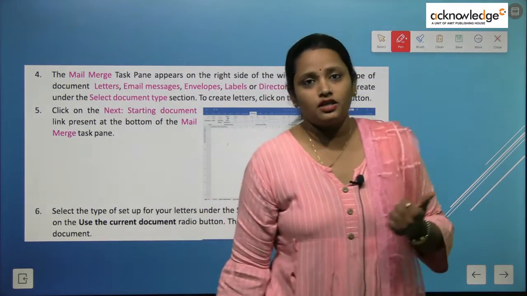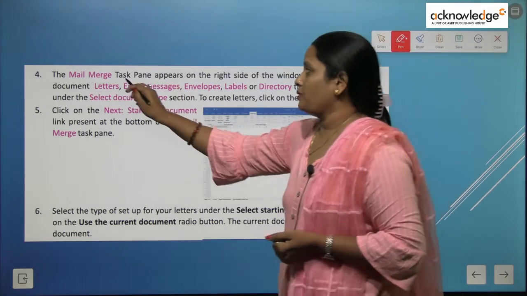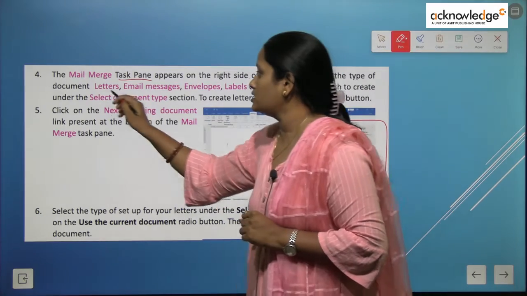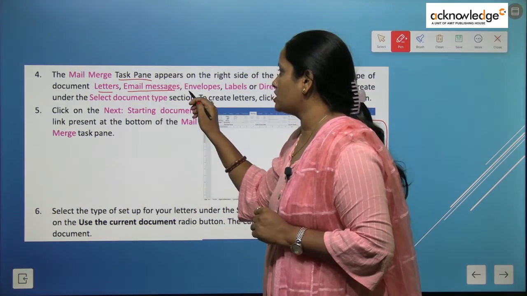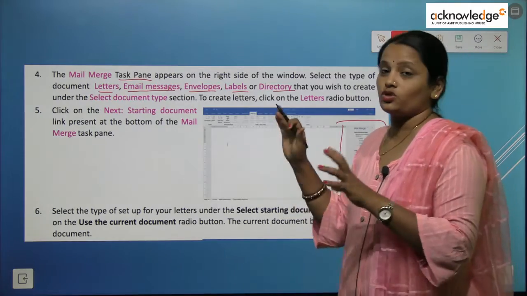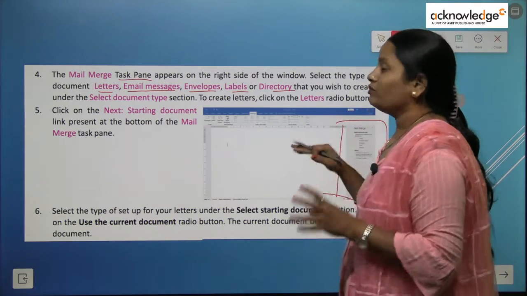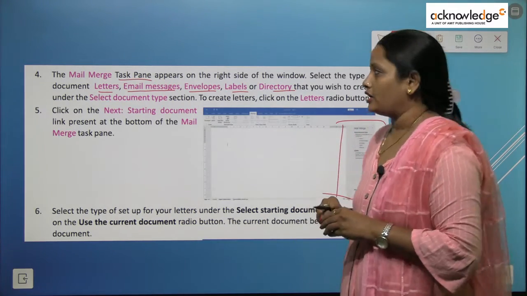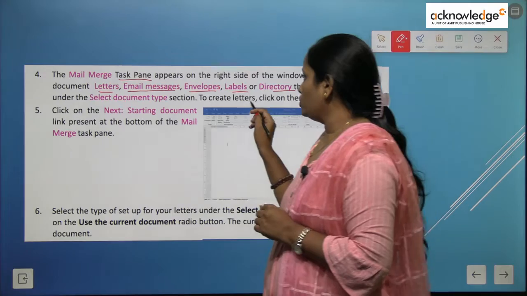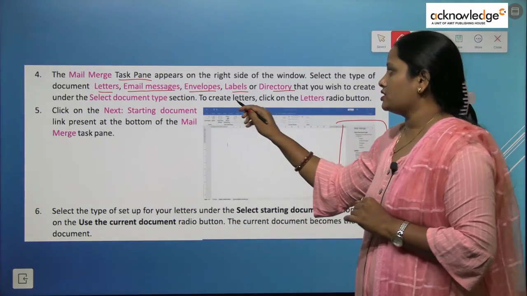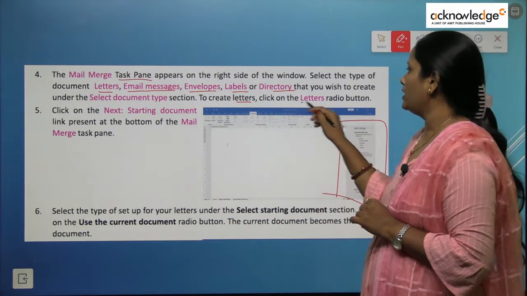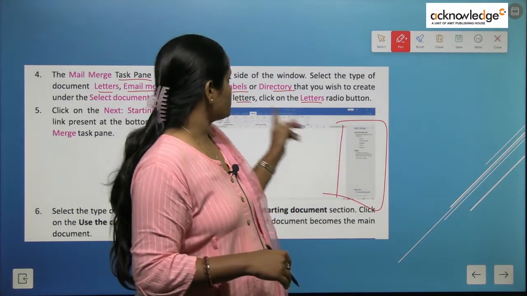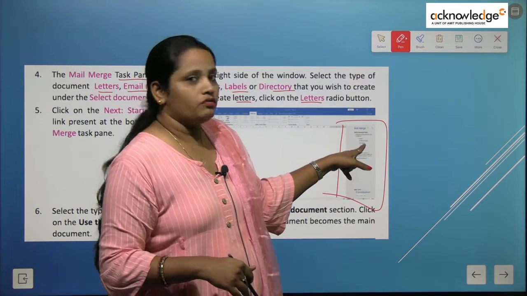So the mail merge task pane came in front of us, and what components does it have? It has letters, email messages, envelopes, labels and directories. From these we have to select the desired option that we want. For example, if we want to create letters, click on the letters radio button. There are various options written here, and we can select any of